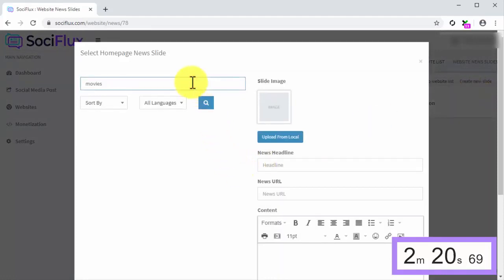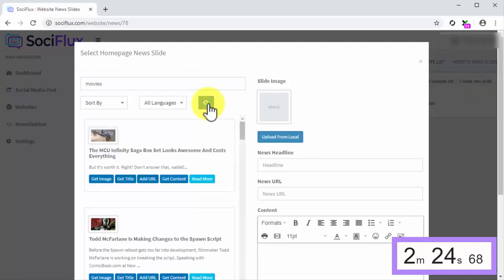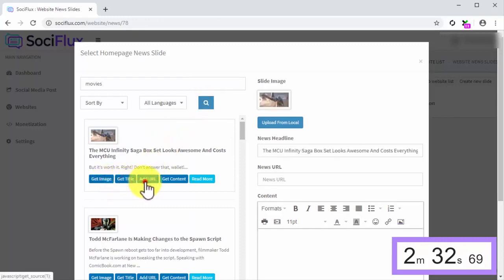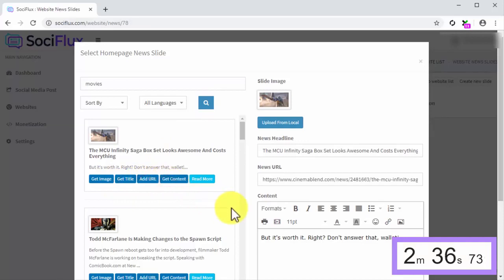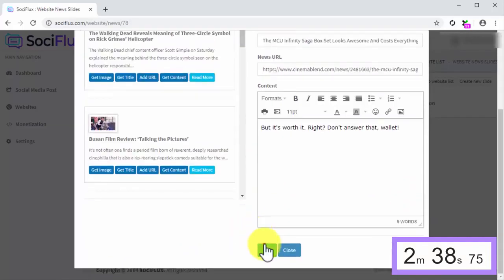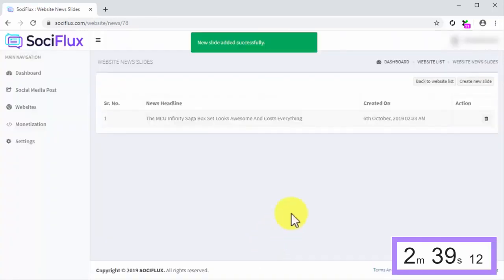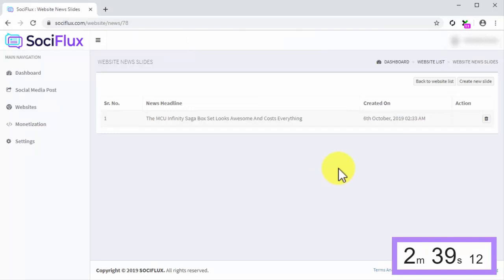Now enter your niche keyword into the Search Any Keyword field, and then click on the Search button. Sociflux will show a list of viral news that you can add to your news slide, so select the news piece and click on its Get Image, Get Title, Add URL, and Get Content buttons to pull the content from the news into a Sociflux post, and click on Add to finish. Stop the clock. As you can see, it only takes 26 seconds or less to find and curate viral news